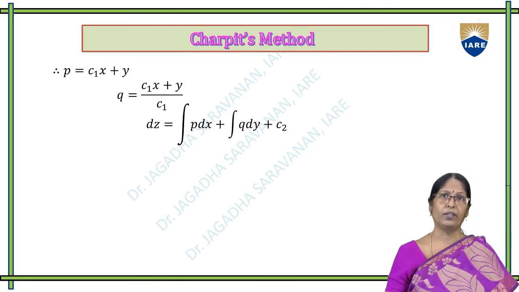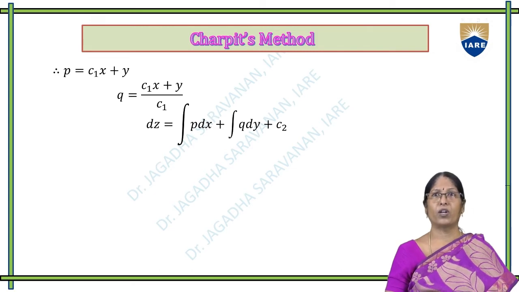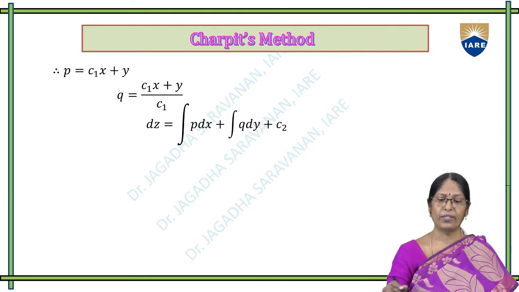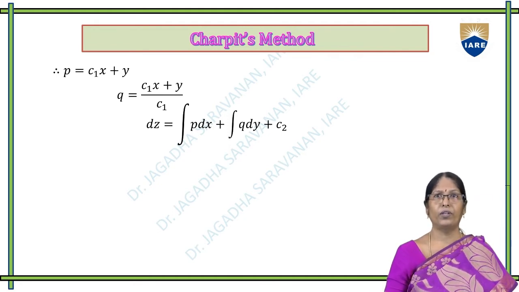After finding the values of p and q, we have to substitute in the formula dz is equal to the integral of p dx plus q dy plus a constant after doing the integration. Already c1 we introduced, so here